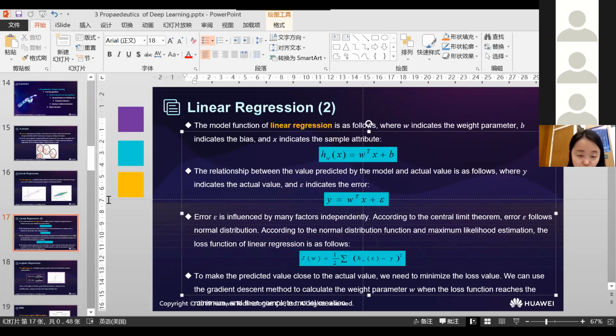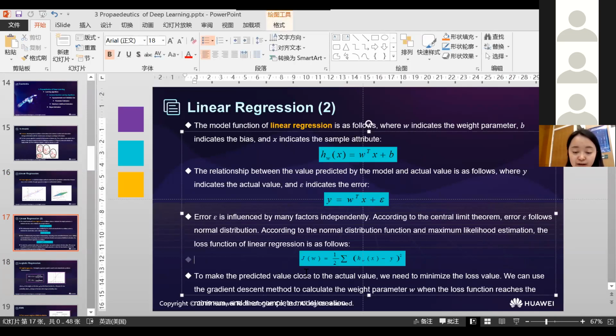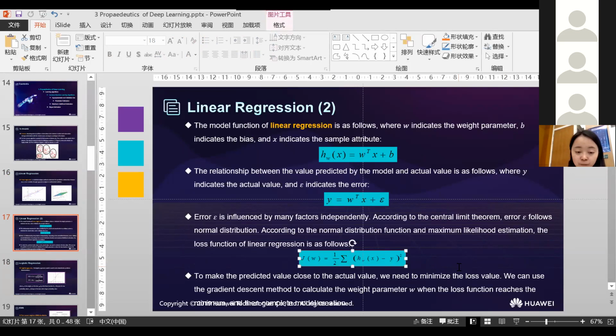So that is linear regression. This is the linear function for linear regression, and this is the actual label, and then we have a loss function to evaluate the difference between prediction and the actual label. Our aim is to minimize the value of the loss function so that the prediction will be equal to the